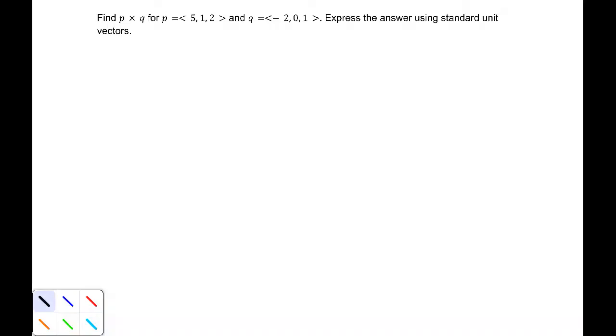Find P cross Q for P equal to the vector 5, 1, 2, and Q equal to the vector -2, 0, 1. Express the answer using standard unit vectors. Now there are two ways to calculate this. I'm going to do this in both ways, but the first is directly from theorem 2.9, and it says that